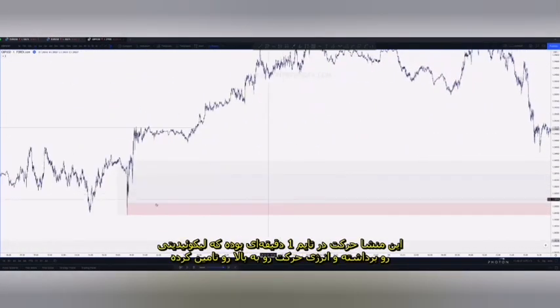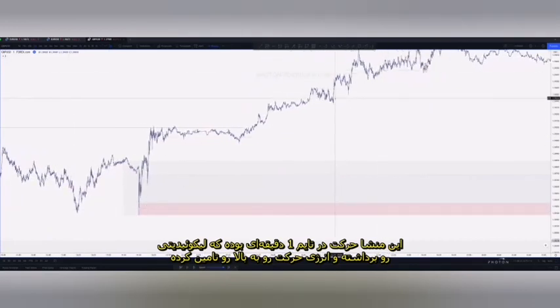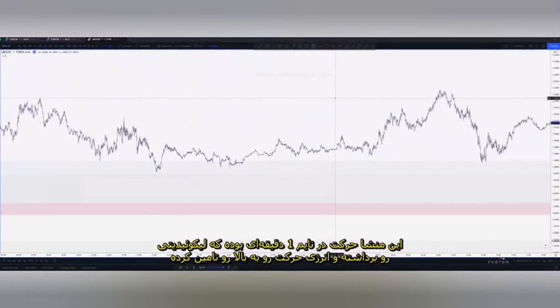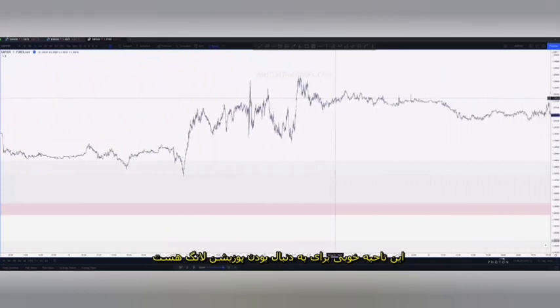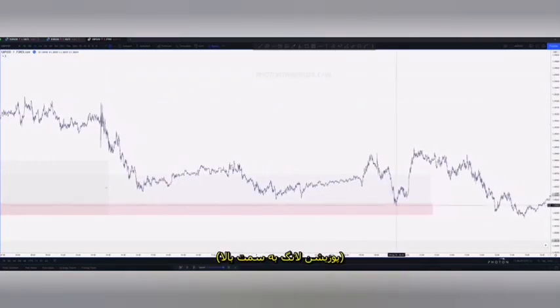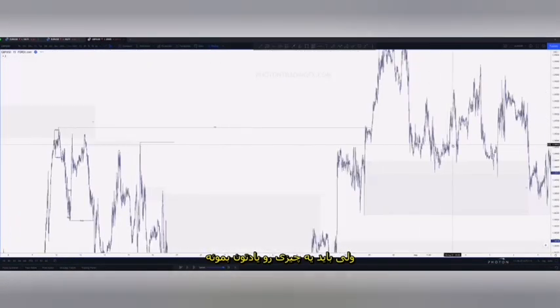Yeah, I don't think it's going to load for me, or is it? Yeah, there we go. That's the origin of the move on the M1 that took liquidity and fueled that move to the upside. So this is definitely a good area that we can start to look for potential longs, right, to take that long position to the upside. But what you have to remember at this point here, whoops, keep going to the wrong zone, is,